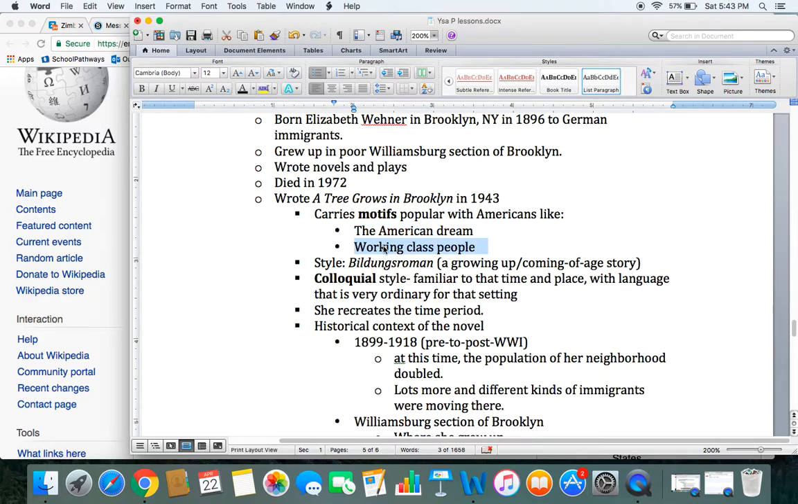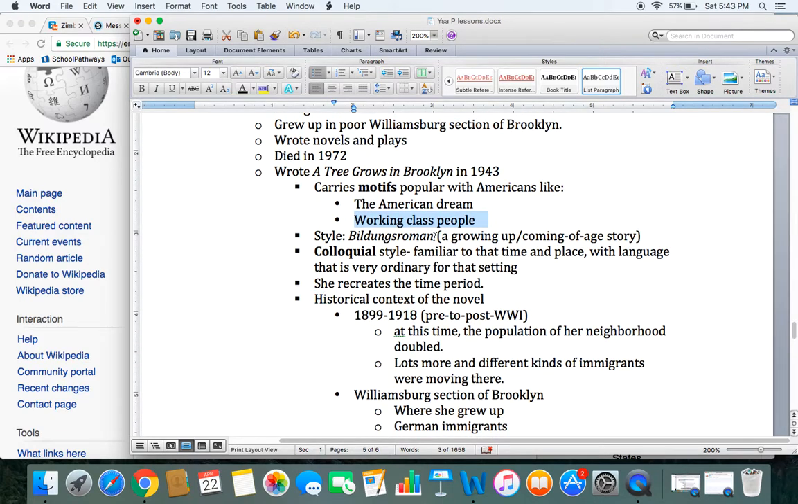And of course, working class people. These are very popular with Americans. The style, there's a very particular style of writing here. It's a coming of age story, and there is a German term called a Bildungsroman. So a Bildungsroman is a growing up story or a coming of age story, and that's what A Tree Grows